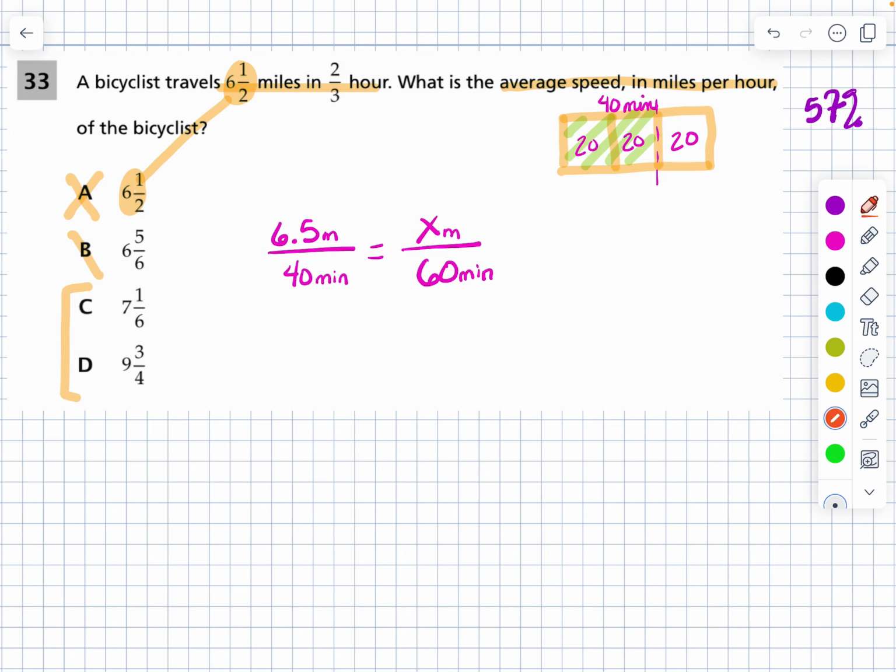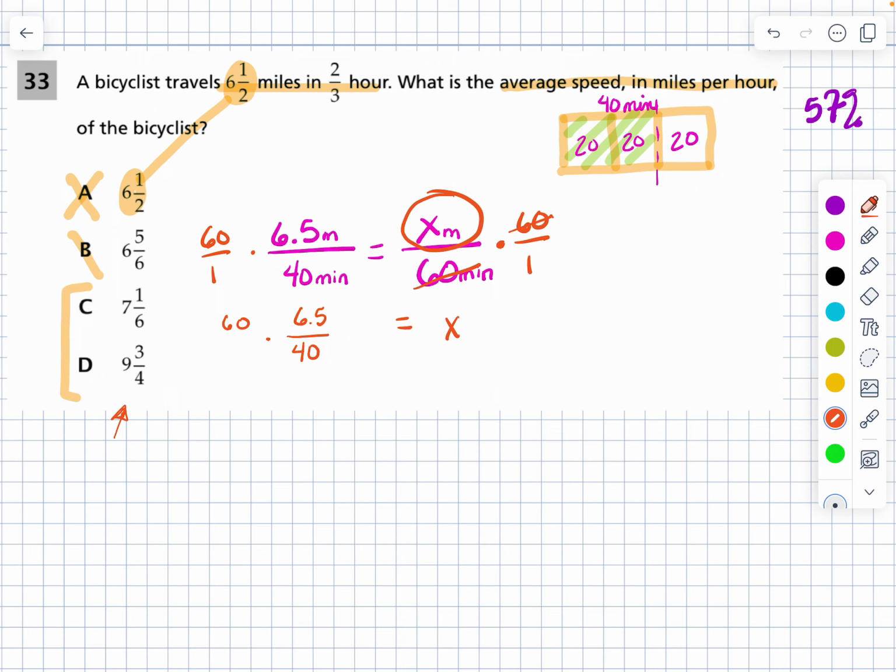And to do that, this is what we're looking for, so we want to isolate the X. In order to do that, I'm going to multiply both sides by 60 over 1 in order to get rid of this term here. So now I'm left with X is equal to 6.5 divided by 40 times 60. And I'm leaving the units off here because they're leaving them off here. It is important to keep them and you're going to use them more later, but for now I'm just simplifying